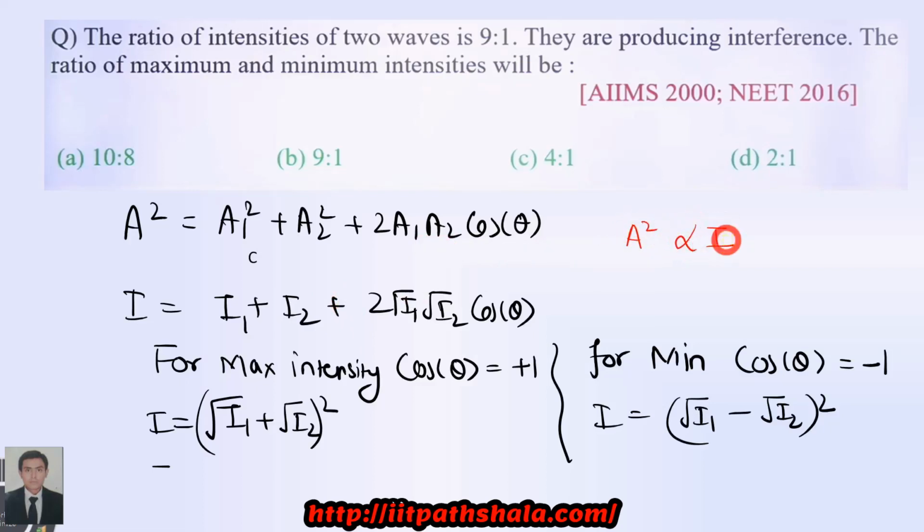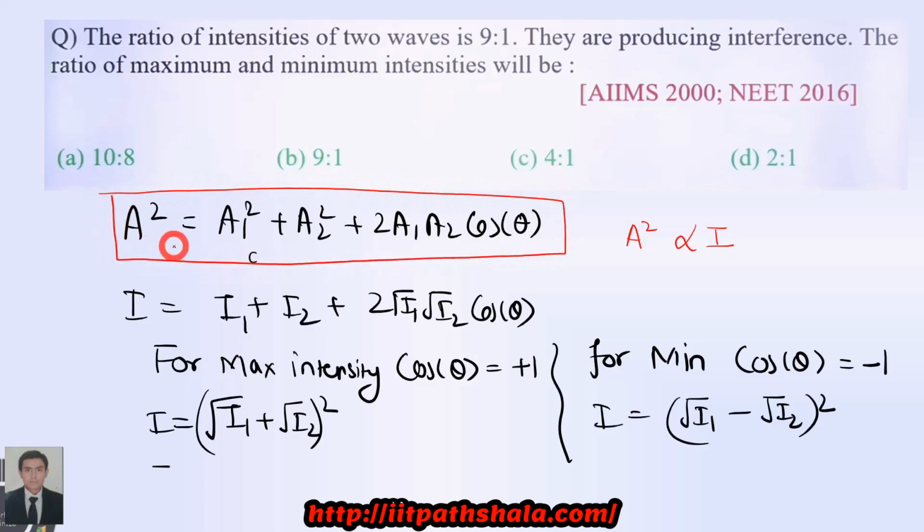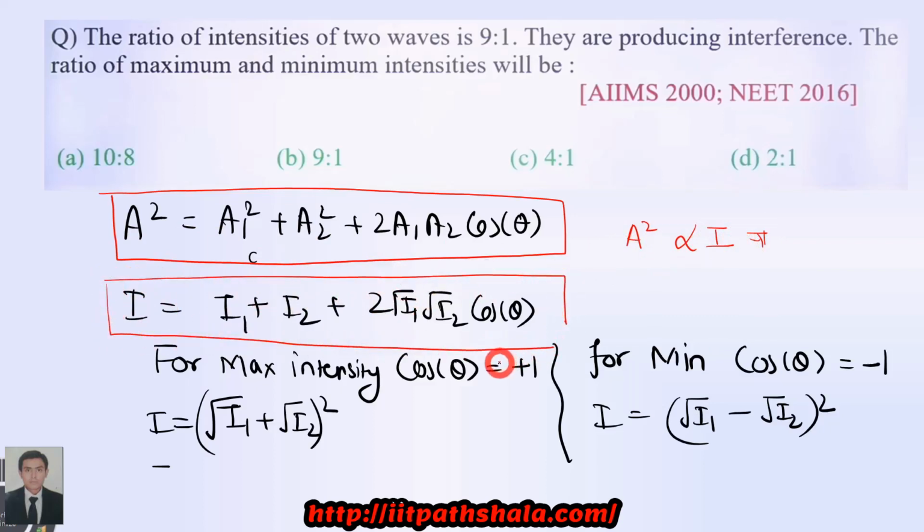Okay, so now as you know the amplitude, if you find the resultant amplitude, you can write it by the following equation. Okay, and afterwards just replace A square by I, according to the following relation. Now you'll be landing up with this expression over here. Theta is the phase difference between the two waves. Now for the maximum intensity, mathematically this cos theta should be equal to plus 1. Now using the complete square method, you can form this following expression over here.